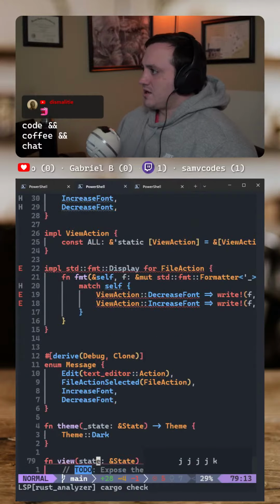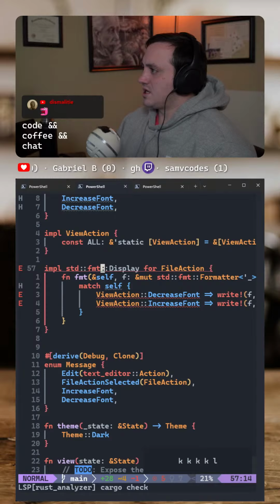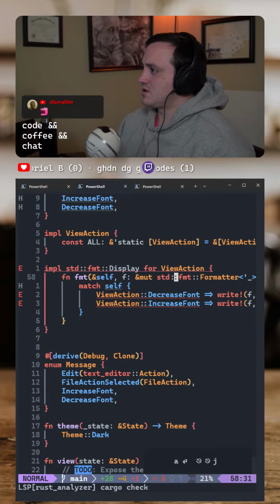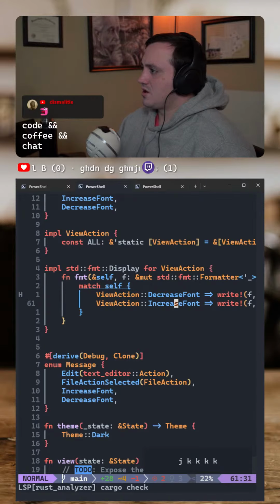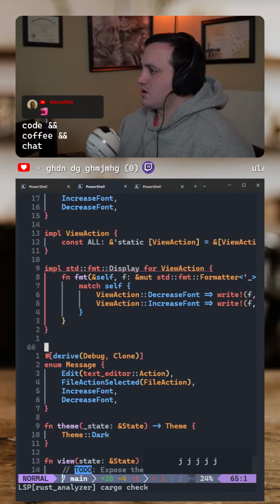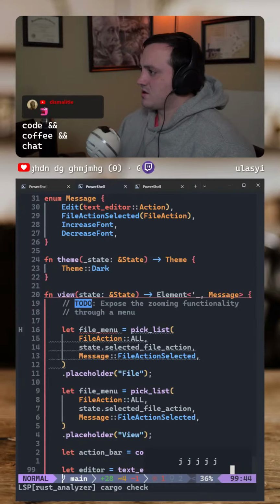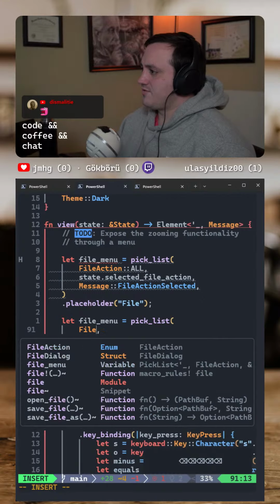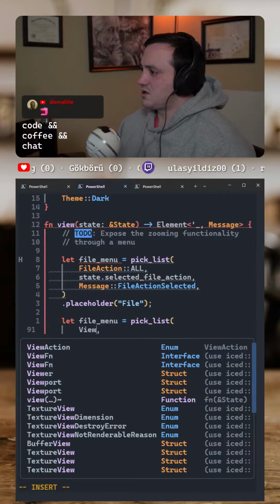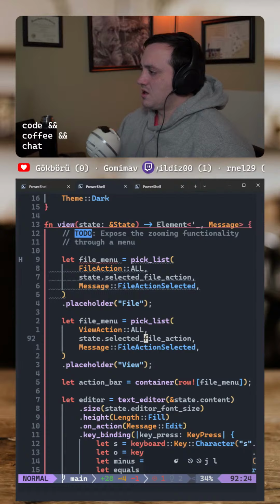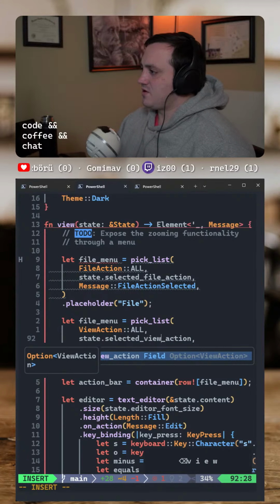Okay, so now we'll come down here and say, wonderful, we've got all our view actions. And we'll come down here and say, okay, we don't want a file menu, we want a view action, all this, and then we want selected view action,